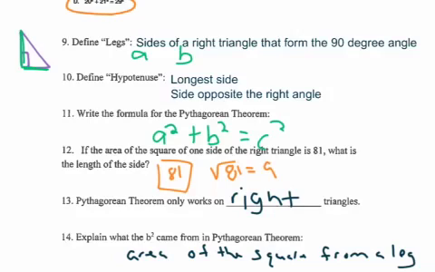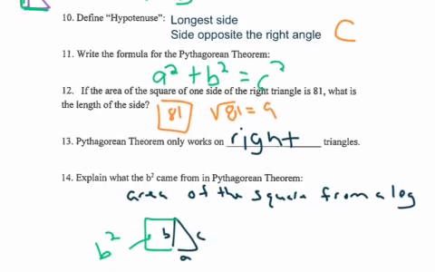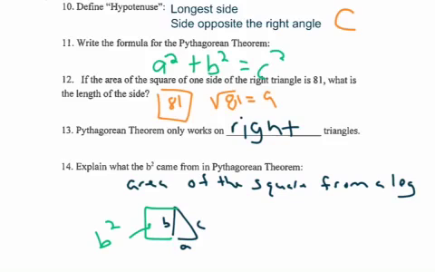Your hypotenuse is your longest side, the side opposite your right angle, which is always labeled with a C. It never touches your 90-degree angle. The Pythagorean theorem is a squared plus b squared equals c squared, which is also on your formula sheet on